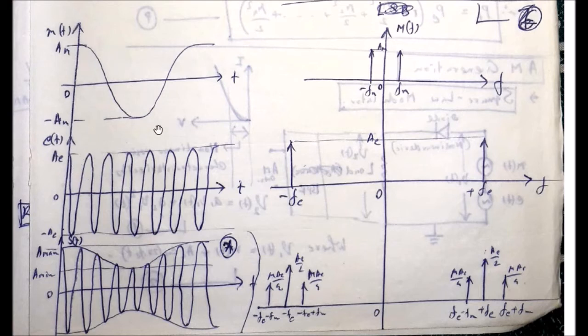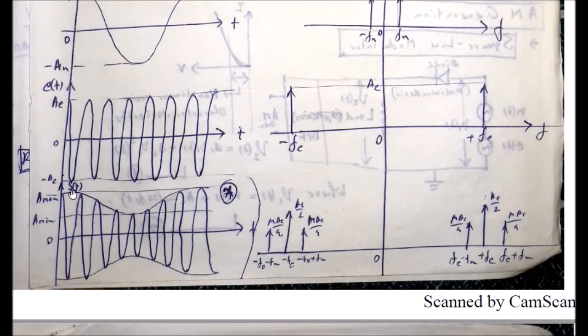Now if you modulate, you know that the constant amplitude of the carrier signal will be varied in accordance with the time variation of the message signal. So it is represented here. See that now the amplitude of the carrier signal is varied in accordance with the time variation of the message signal. So it is the modulated waveform, and it is under modulation. Simply, less than 100% modulation is used.